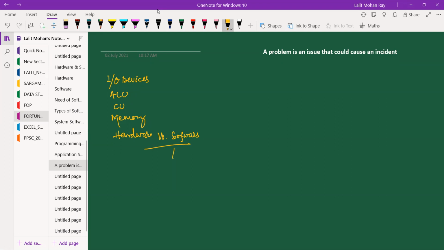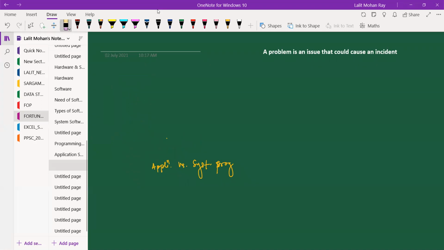And here we have completed the application program versus system program, or application software, system software. We have completed all these things in both the groups. Now the two groups have been merged into one, so we have to start a new topic. Clear? The fundamental parts have been completed now.